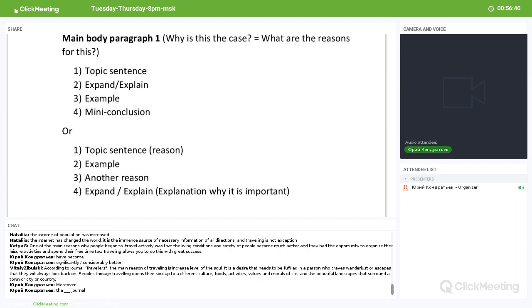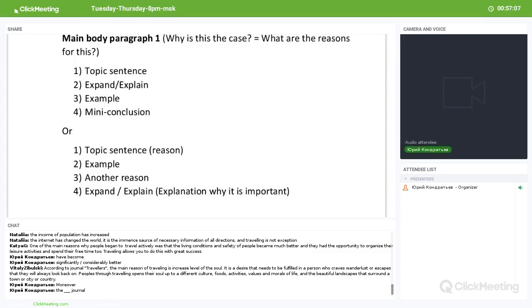Okay, it is a desire that needs to be fulfilled in a person who craves wanderlust or escapes that they will always look back on. Okay, people open their soul to different cultures through traveling,